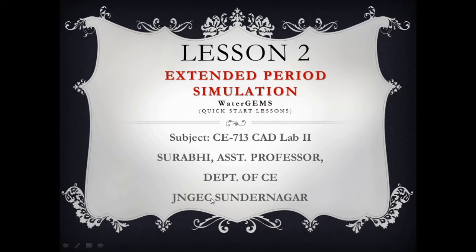If you remember, in lesson number 1, first we modeled our water distribution network in WaterGEMS, and then we assigned individual properties to all the hydraulic elements. In the case of junctions, we assigned the particular demand to each junction. For example, in one case it was 350 liters per minute, in another case it was 31 liters per minute. So it can vary according to the junction demand.